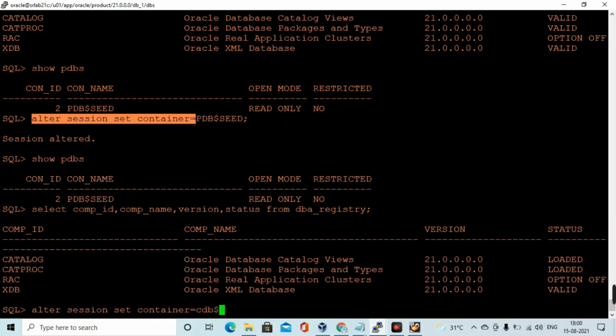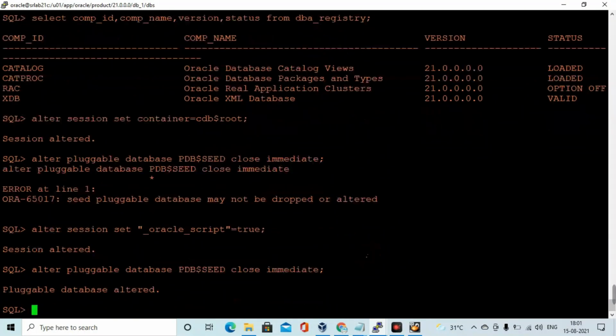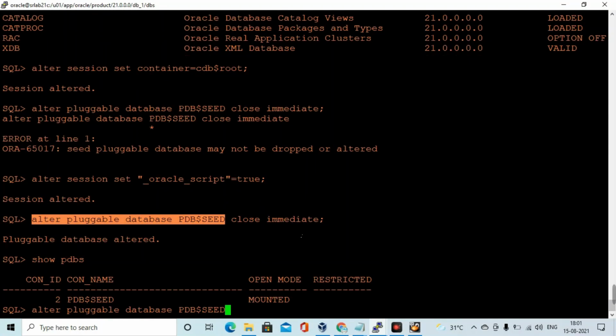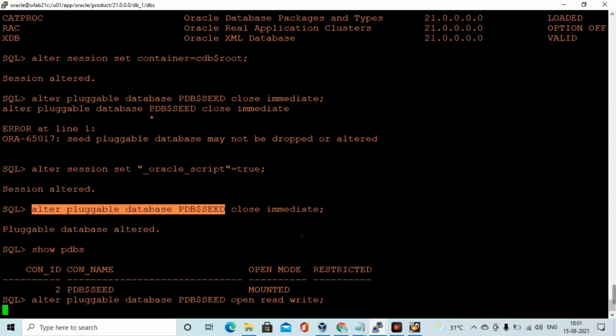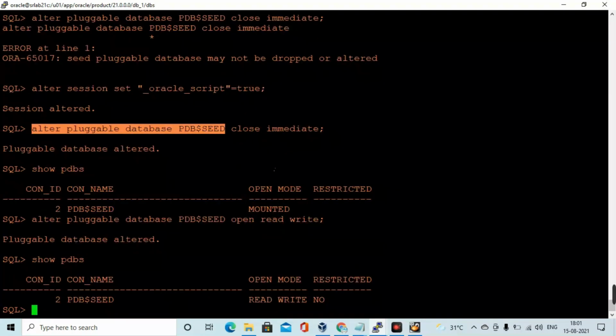For that I need to open that PDB seed container, I mean open read write. So I'm going to get into that PDB seed container, and then after that I'm going to execute that utlrp.sql script.